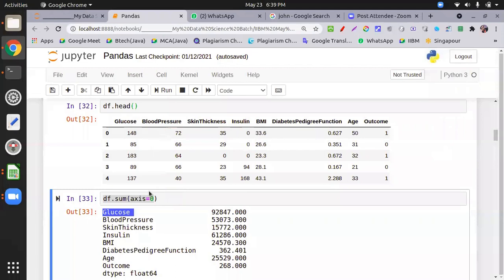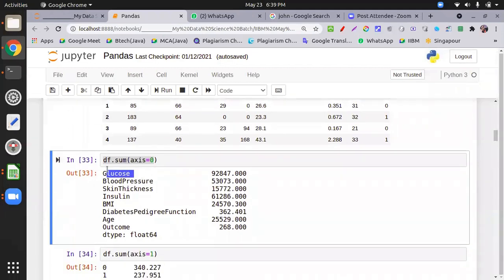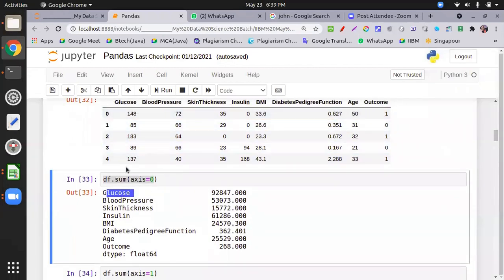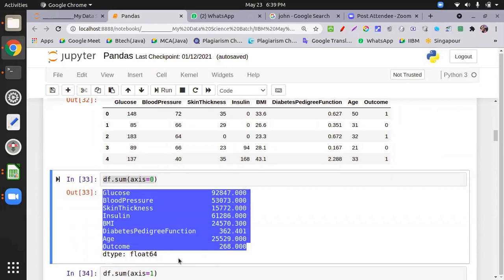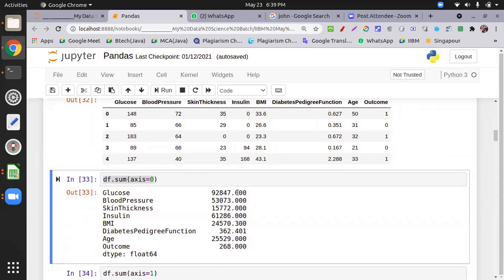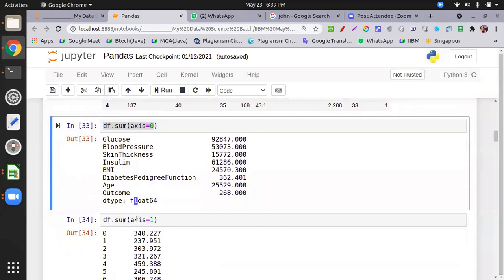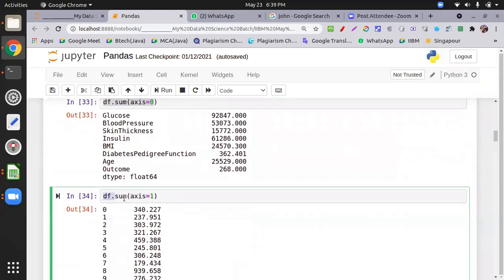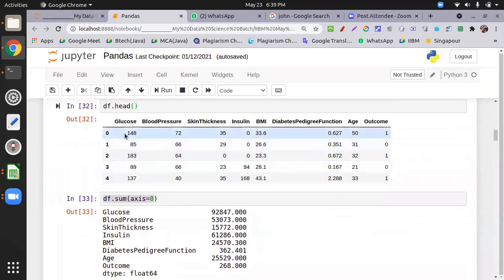So when you put 0, what happened? All glucose values, the whole glucose column, is added and gives you the consolidated value of the glucose column. So every column is added here, and the data type is float because it is maintaining the fraction information. Similarly, if you want to add with axis equal to 1, the row is added.